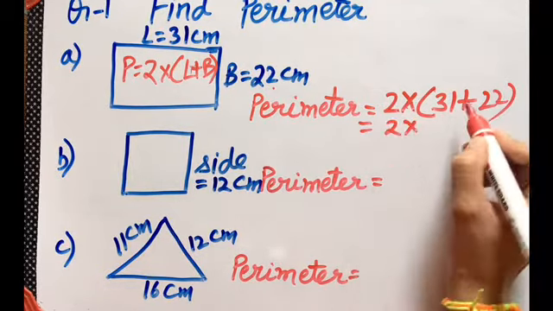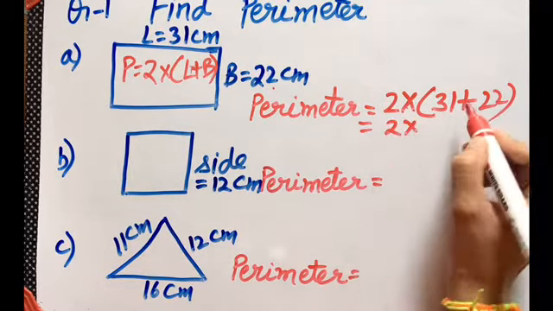Fine. Here it is 4 multiplied by side. So it is 4 multiplied by 12, which is 48. What is its unit? Meter or centimeter? So it is centimeter here. Here it will be side 1 plus side 2 plus side 3. So it will be 11 plus 12 plus 16. So the answer will be 6 plus 2 is 8, 8 plus 1 is 9, and 3, so 39. So it is centimeter here. Fine.